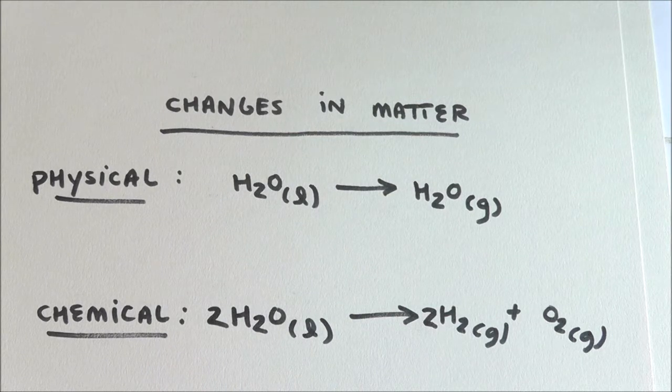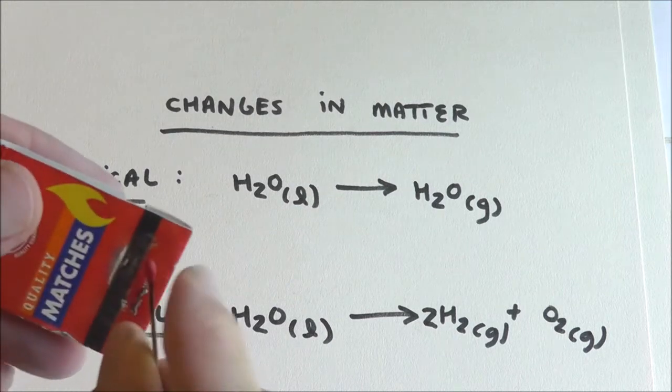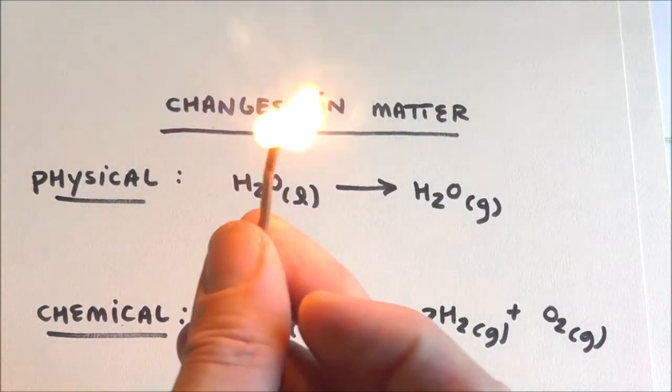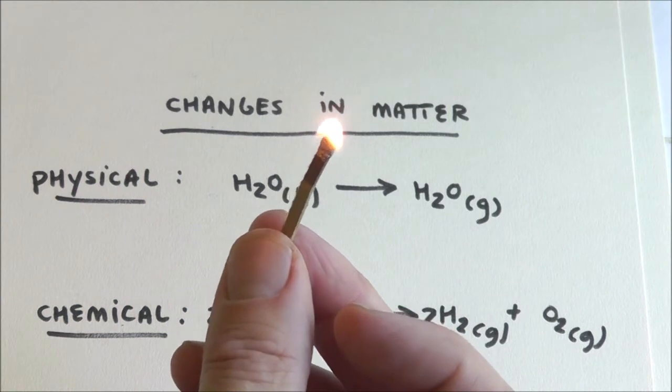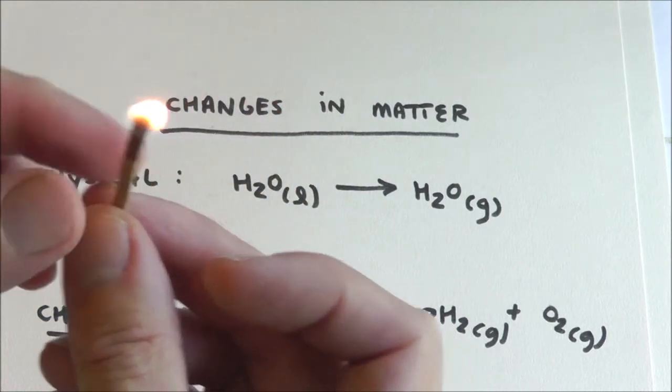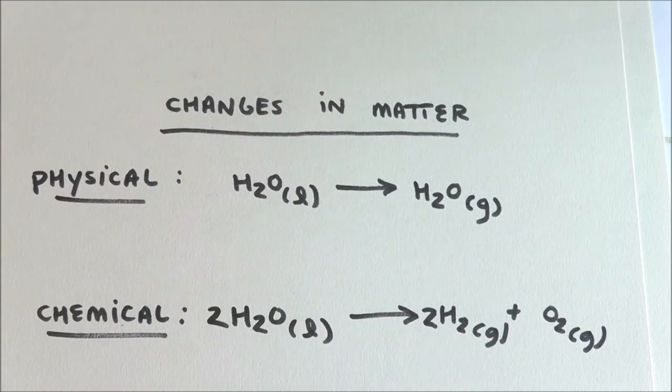So a good example would be like I take this match and I go ahead and do that. Now, as that becomes carbon dioxide and water when you undergo combustion, that's obviously different molecules than were on the match before. And so burning something is a chemical change. Phase changes only are physical. So there you go. That's a little bit about the 3 phases of matter and the changes.